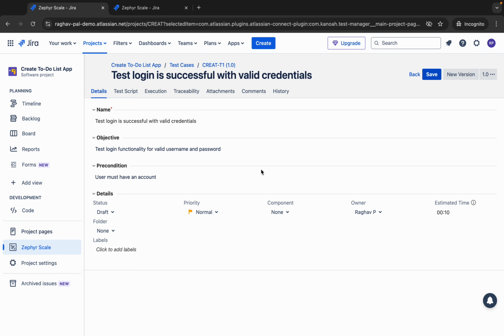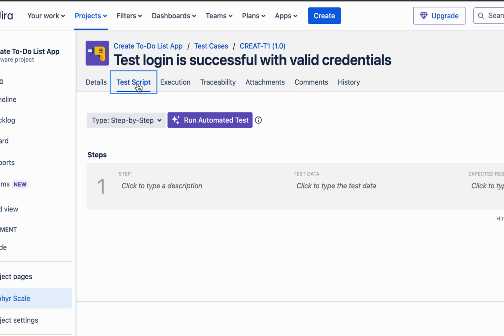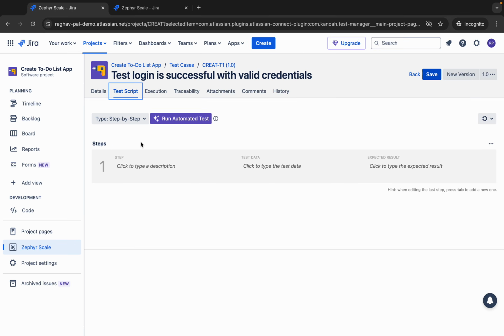So it will take me to the details of the test case, and here you can see the name, objective, precondition, and all the details that we have already set. Now you can also see the test script here. So this is where we will add our test script. Here we can add our test steps manually, which will be very useful for manual testing. And then we can also create an automated test if there is a feasibility to create an automated test for that particular